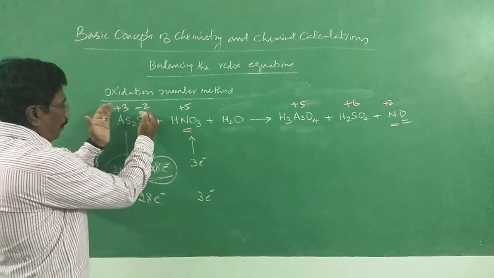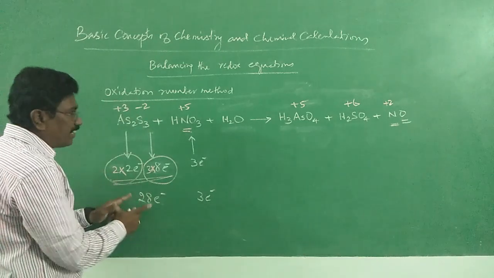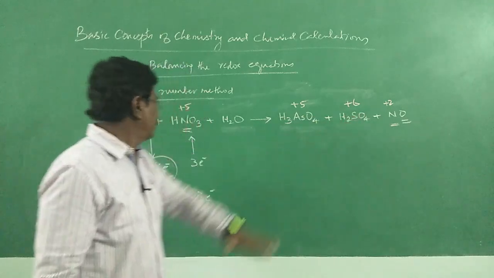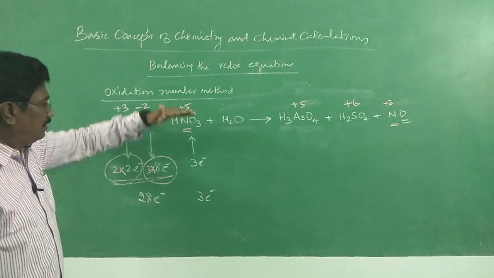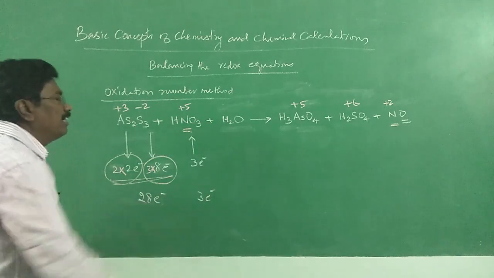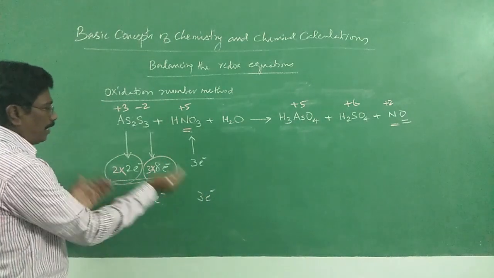In this molecule, As2S3 arsenious sulfide has lost 28 electrons to become H3AsO4 and sulfuric acid. And nitric acid has gained 3 electrons to become NO, but equal number of electrons should be gained and lost